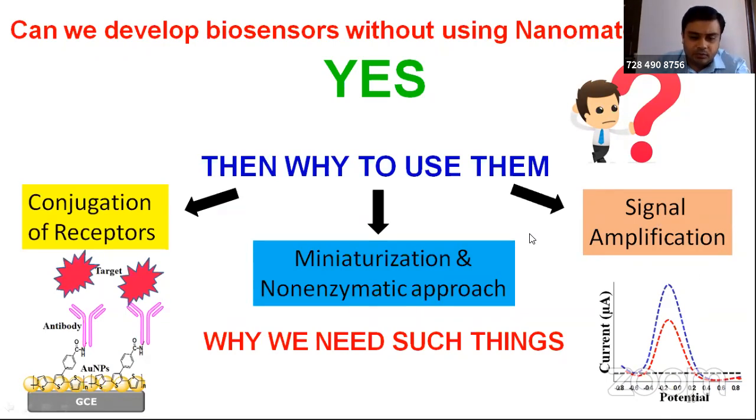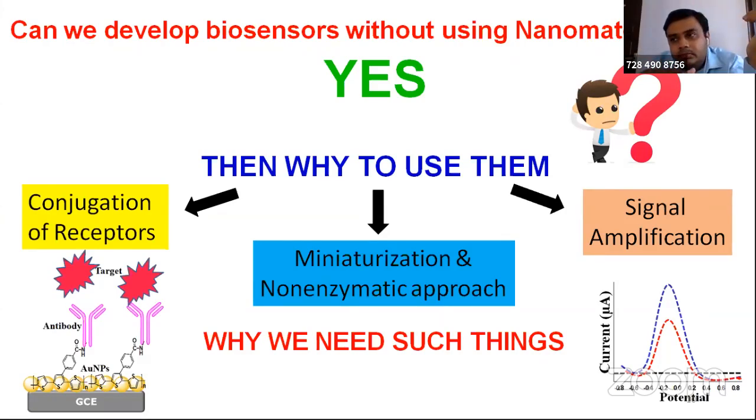So I have kept a few diagrams here which might help you to understand what I'm trying to explain. In this case, the conjugation of the bioreceptor. I'm sure that everybody knows about the bioreceptor. It's a kind of antibody, what you can see in the slide also. What happens, the antibody has a C and N terminal. Everybody knows this, right? So the N is NH2 and the C terminal is COOH, carboxylic acid. So what happens if you imagine a system on a particular solid surface, either a glass or any metallic surface, if you drop an antibody and if it works, it's fine.